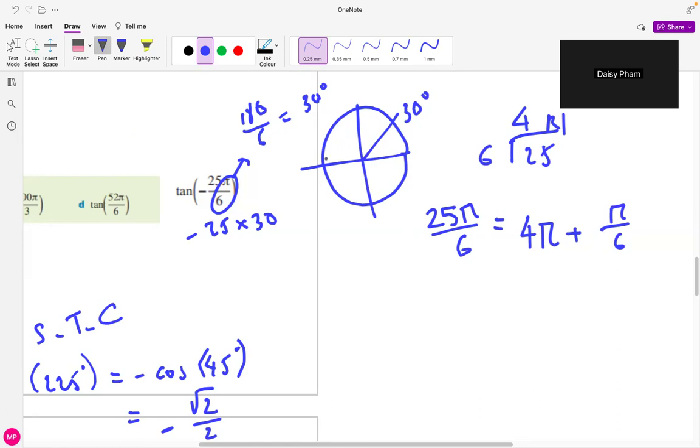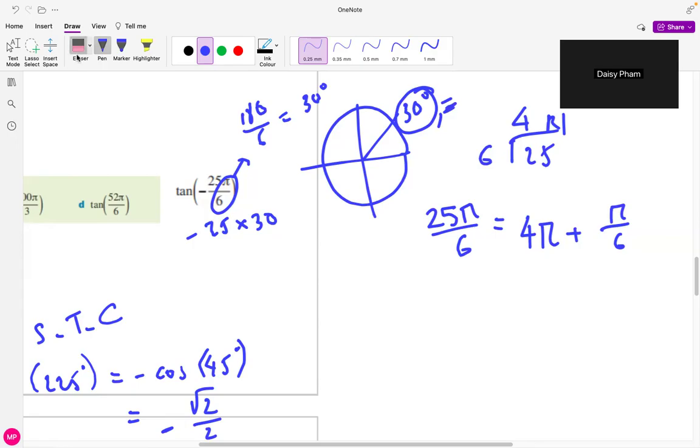So you go 1 pi, 2 pi, 3 pi, 4 pi, which brings you back to the origin, and you add pi over 6, which is 30 degrees. So technically, it just ends up here in the first quadrant. So the position of 30 degrees is also